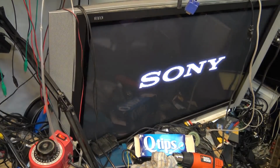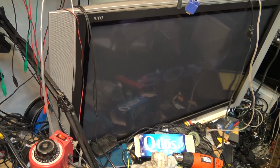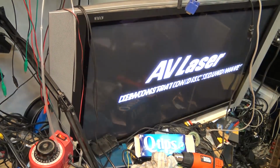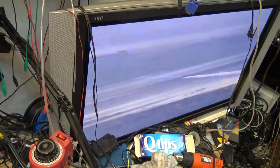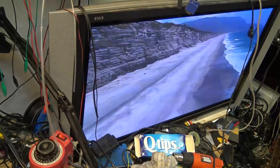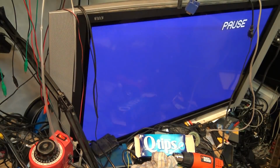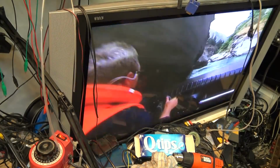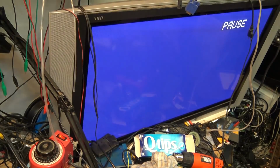And the reason that they did this was because they had Laserdisc players that had digital memory in it, so that you could demonstrate in the store the difference. Now you notice when I go into search, on this one it's kind of jumping ahead, it's not smooth. But if I try to freeze this, I get nothing, because this player doesn't have digital memory. But some of the players, like my player, has digital memory, and I can freeze it, and I get a